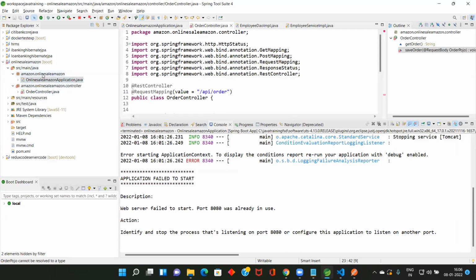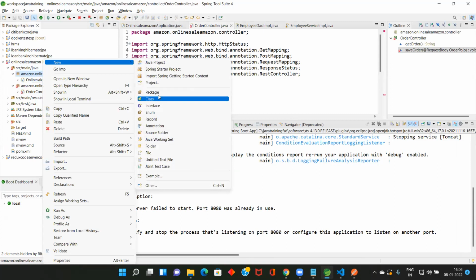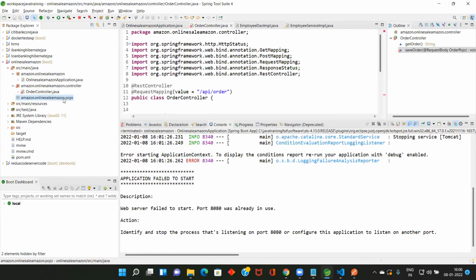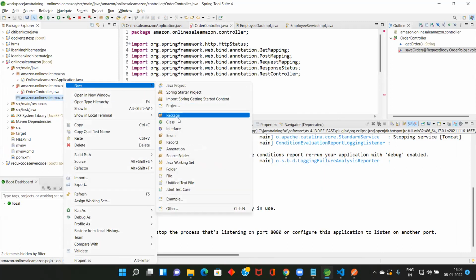I'm going to create one package dot pojo. You can write it anywhere, but to be meaningful, I create one package and place it there.